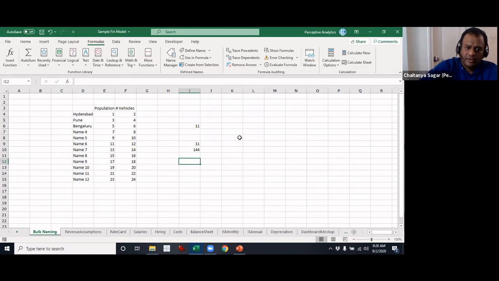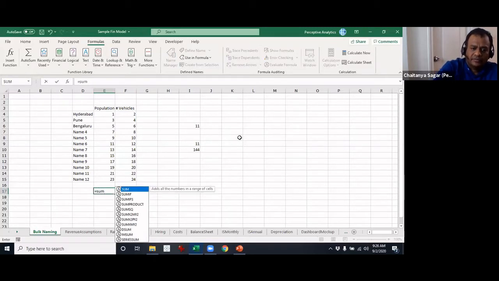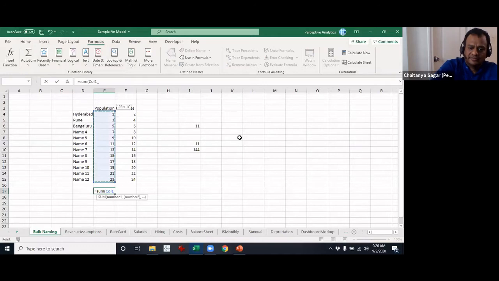Apart from this, there is one more that I would like to show you. Let's say you have a large table or lots of calculations, and you had manually incorporated all of the formulas. So for example, now let's say I would say equals sum of all of these.